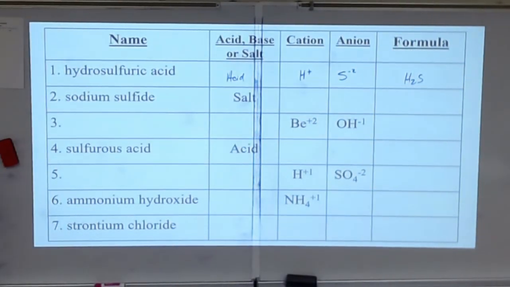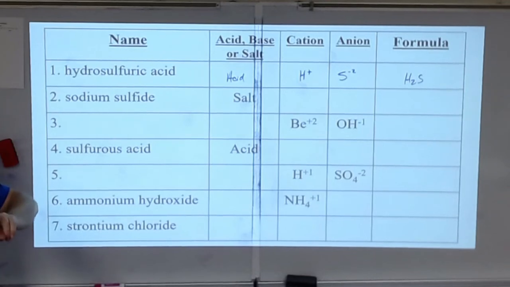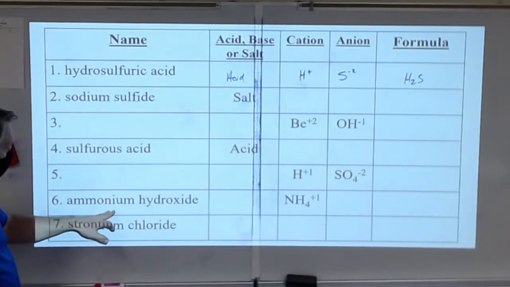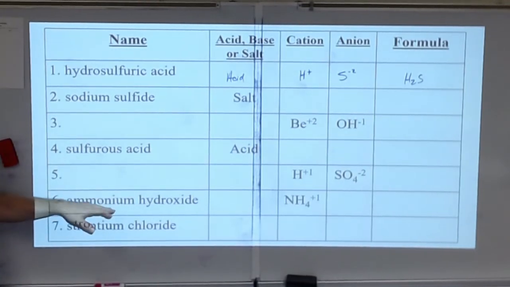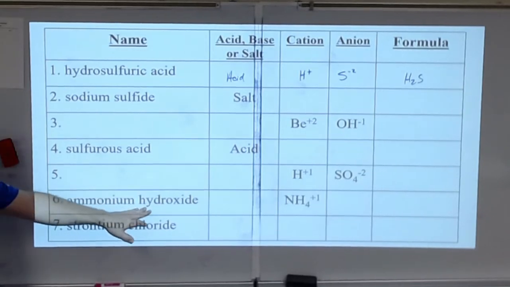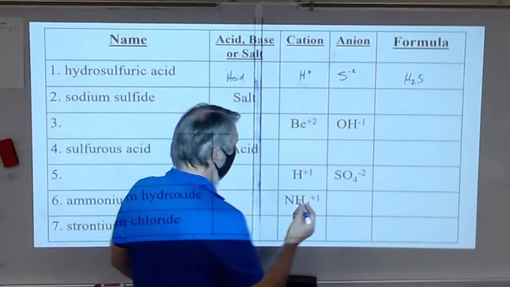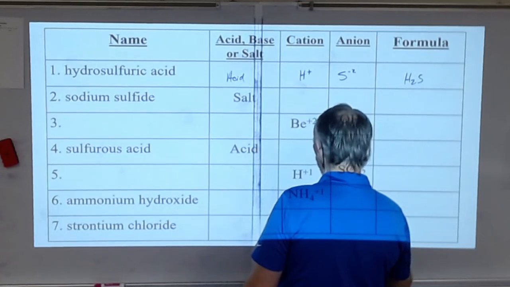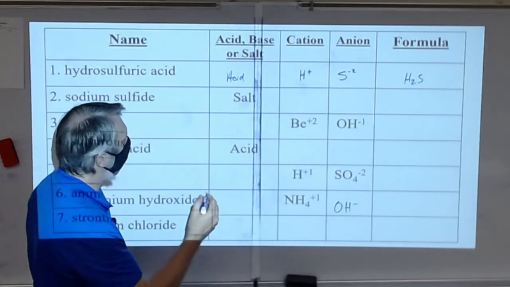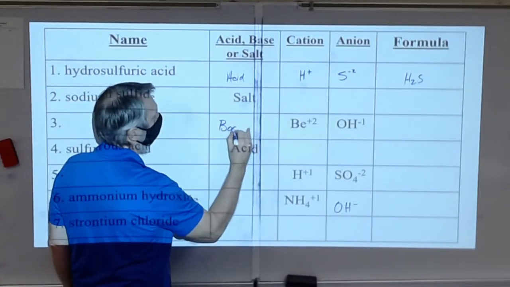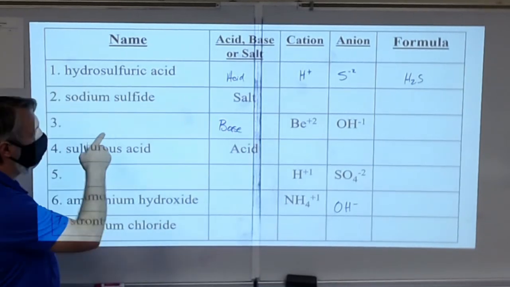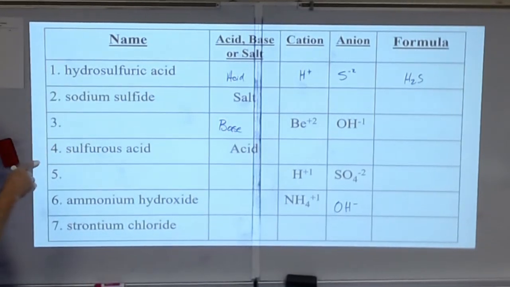So that's a good question. So let's look here. So sodium sulfide. I don't have a hydrogen ion and I don't have a hydroxide ion. So ammonium hydroxide, let's look at this one. Ammonium hydroxide, the cation is ammonium. The anion is hydroxide. And if it's got hydroxide, that's going to be a base. If it doesn't have either, okay,